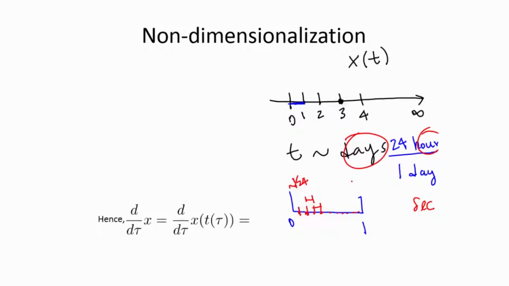Okay, so one day has 24 hours, 1 hour has 60 minutes and 1 minute has 60 seconds, right? So the more resolution, the smaller the unit, then you're going to end up with more points within that subinterval, okay? So with that idea, suppose that now you're interested in considering a different time unit,